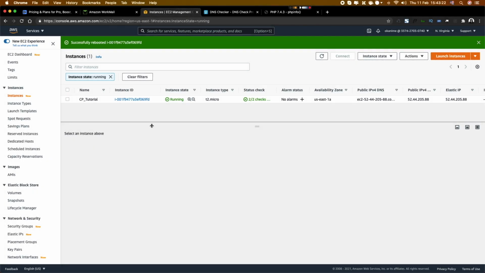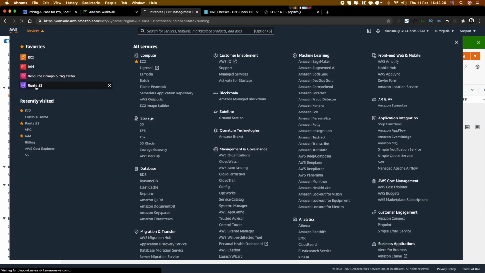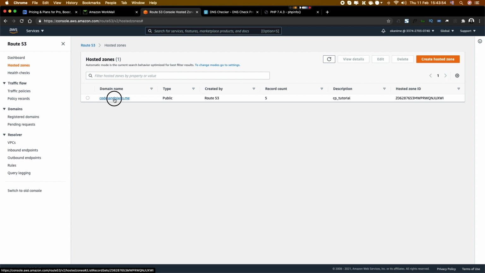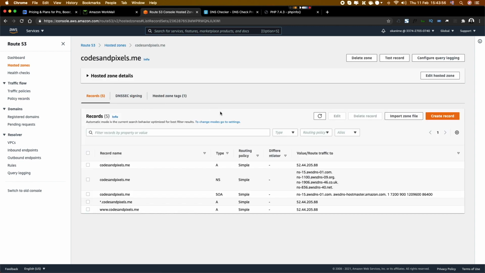Today we're installing LetsEncrypt on our AWS instance that we've been working on. So the first thing we need to do is to set up CAA records, and to do that we have to go to Route 53, and we're going to use the domain that I've been working on, which is codesandpixels.me. And we did set up this hosted zone in one of our previous lessons. So what we need to do is go back into it, and we click on create record,